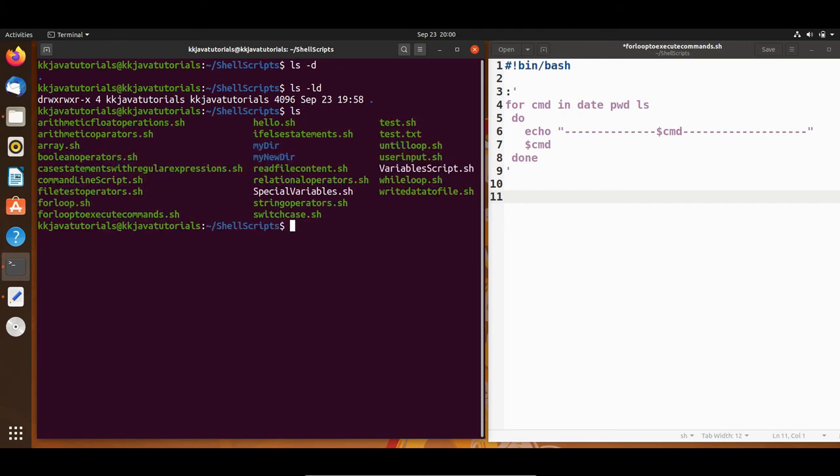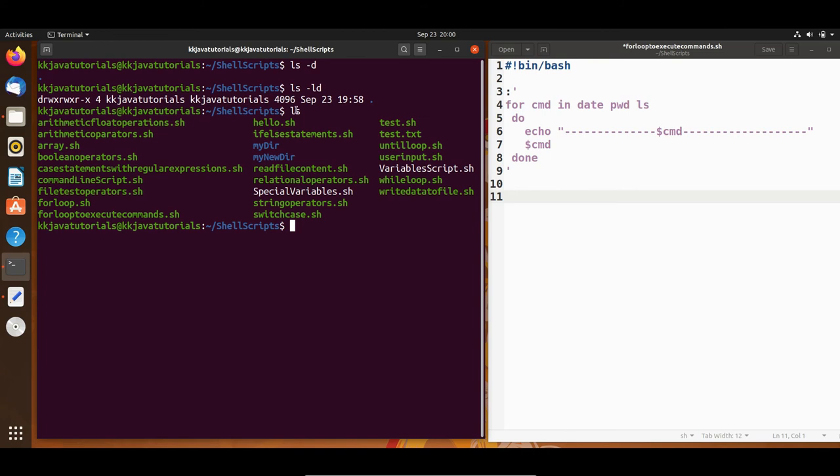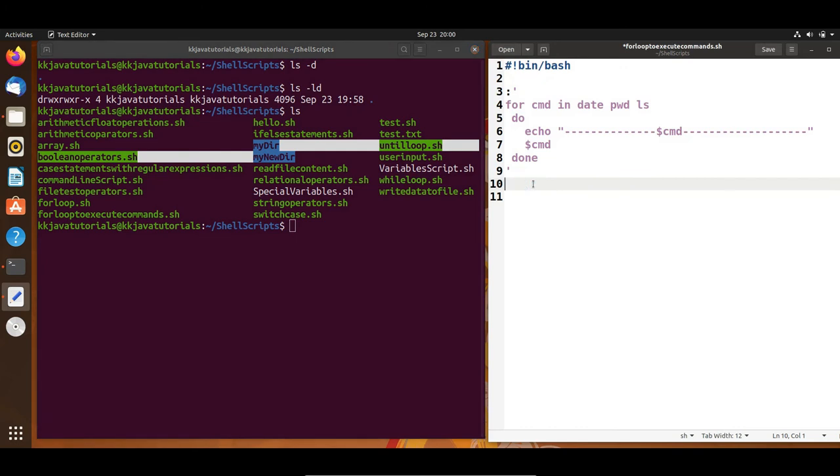But if you do ls on this directory, then this is listing all the files and directories, right? But here, using programming, let's say I want to read only files. I want to check what files are available in my current directory, not the directories. Sometimes I would like to only see the list of directories present in my current working directory. Then how we can do it programmatically, that I am going to show you.